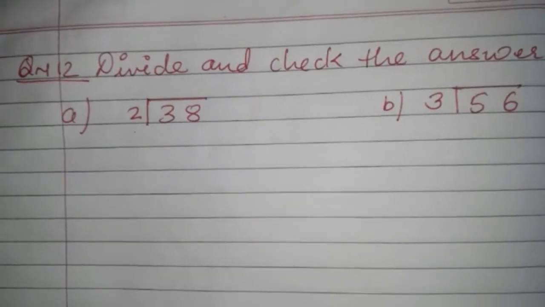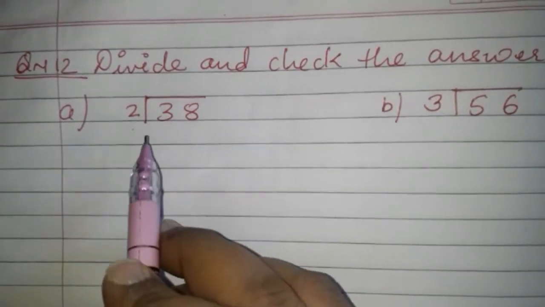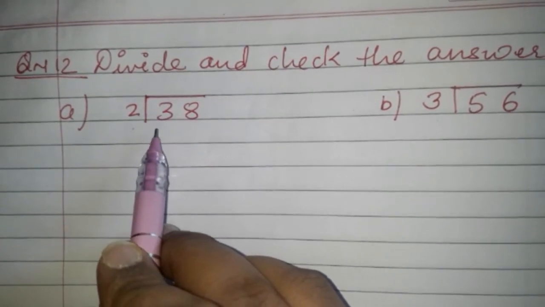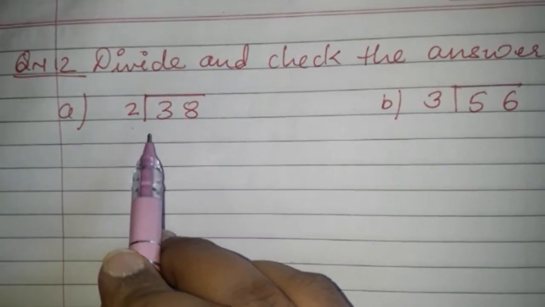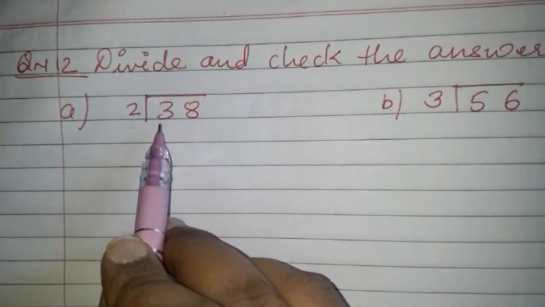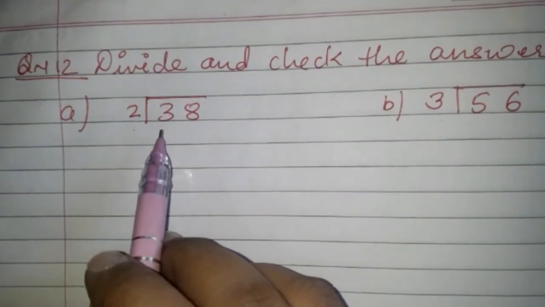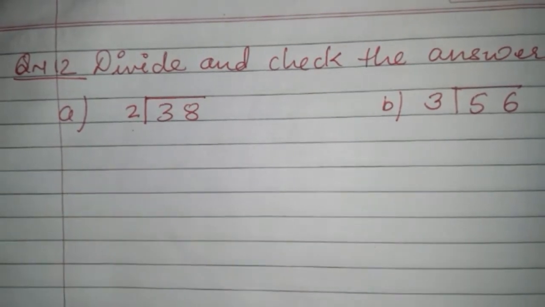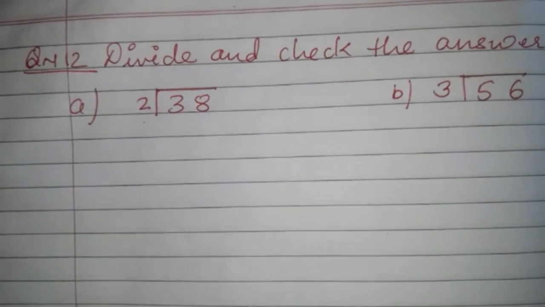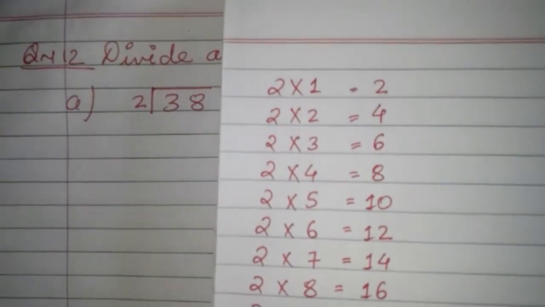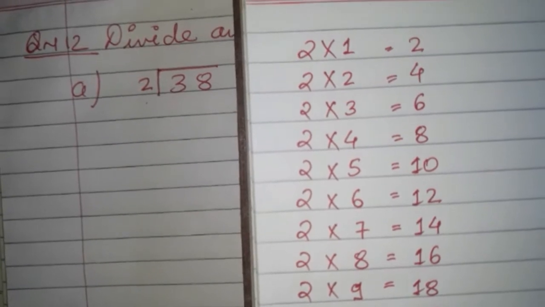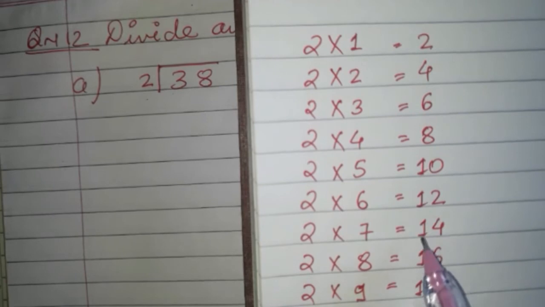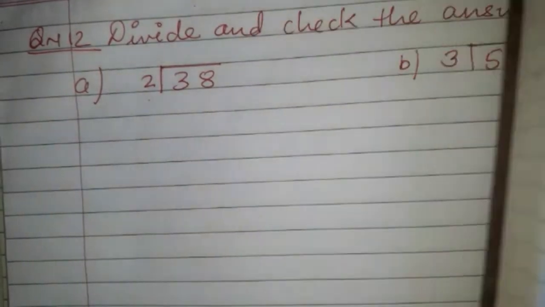We're going to divide. So we'll start dividing from the number which is at the left side. 3 is at the left most number. We're going to divide 3 at the first place. So how we divide? How we divide 3 by 2? We just check in the table of 2 if there is 3 anywhere in the table. No, it's not there. So what we're going to do?